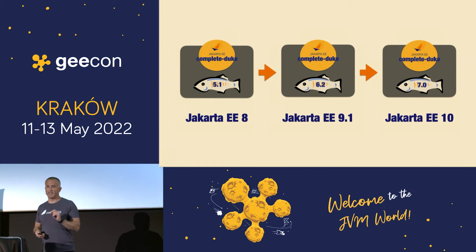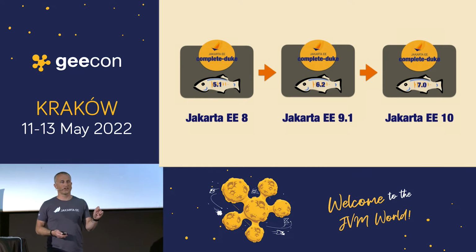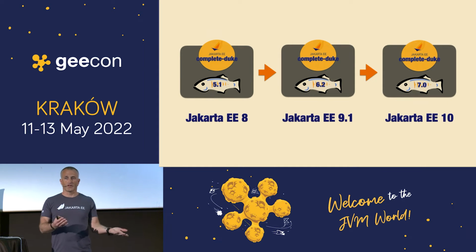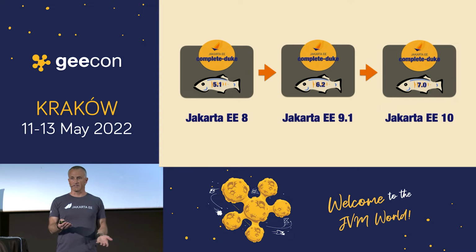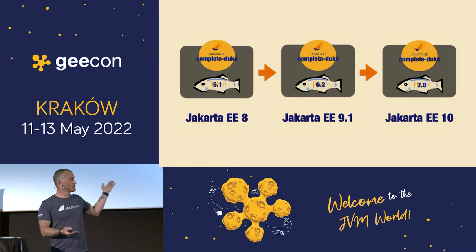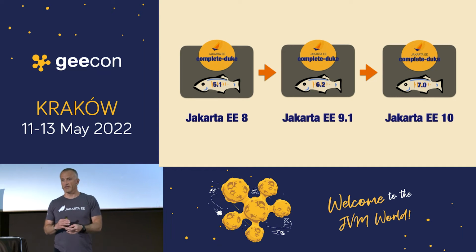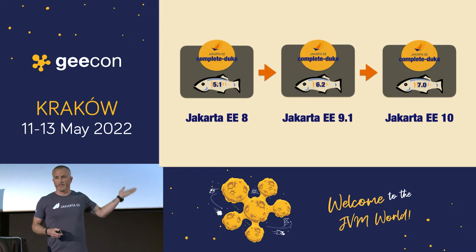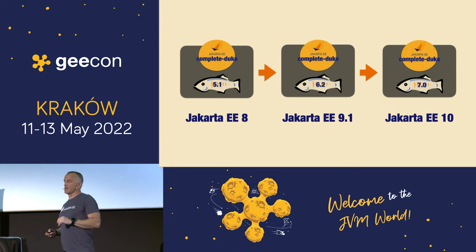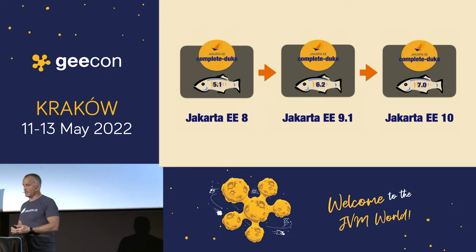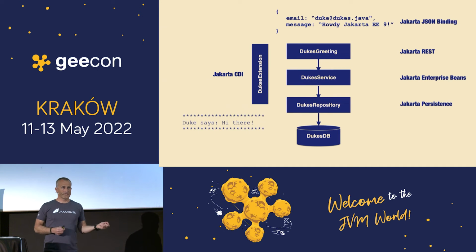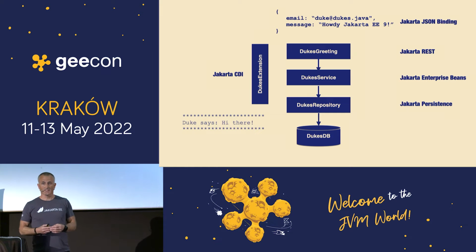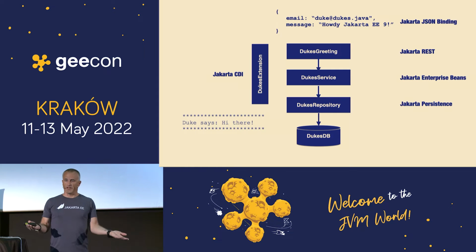And what I'm going to do is take an application on Jakarta EE 8. I'm going to transform it over to a Jakarta EE 9.1 application. And I'm using GlassFish for my target runtime here. So I'm running it on GlassFish 5, then on 6, and then on 7, finally. And we'll see what we need to do in between these migrations. And the application I'm using is a simple hello world application.